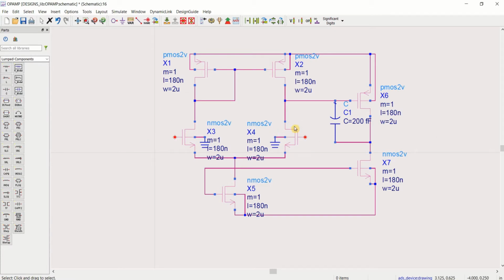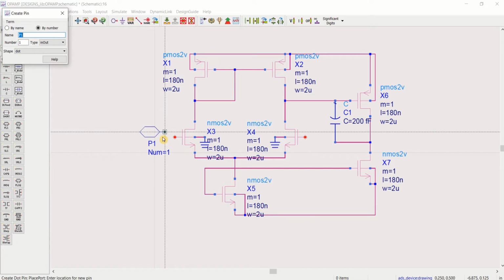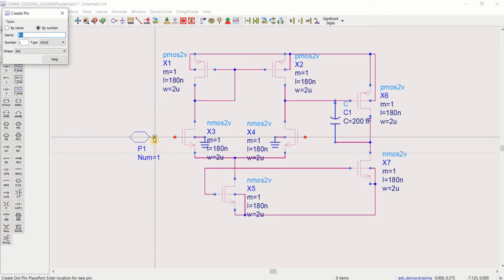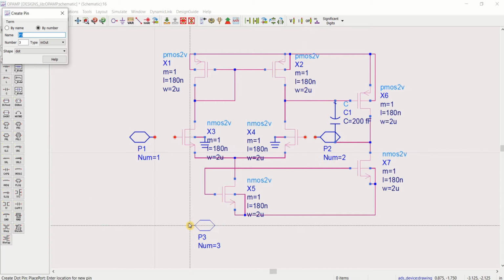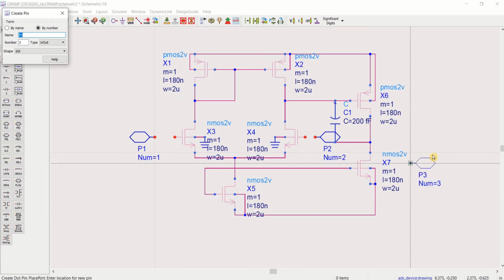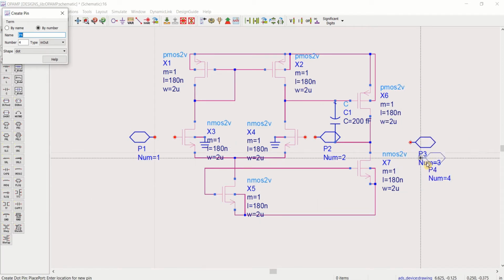This is the differential pair. I want to create a symbol, so I am placing the ports. Port 1 for this input and port 2 for this one more input, and I want to provide the output at this point.